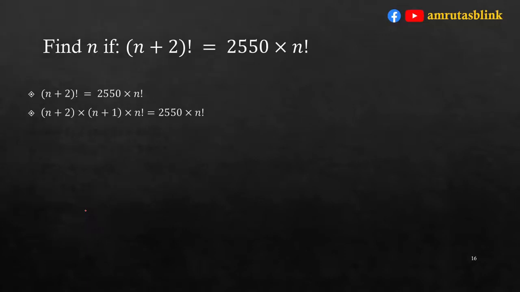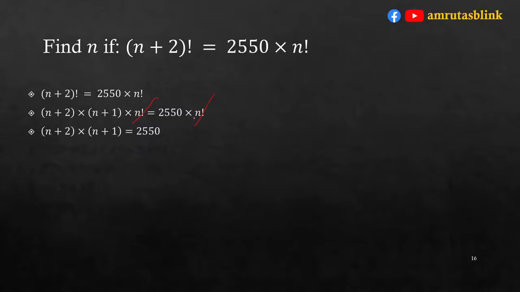Now we'll split this n plus 2 factorial up to n factorial. That is n plus 2 into n plus 1 into n factorial is equal to the right hand side as it is, that is 2550 into n factorial. Now this n factorial will get cancelled,